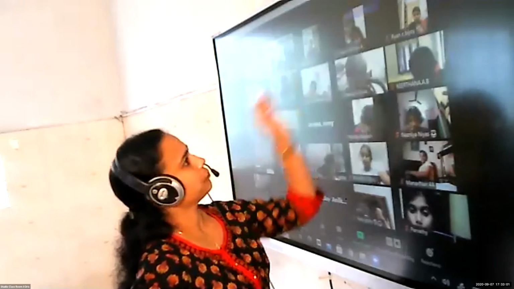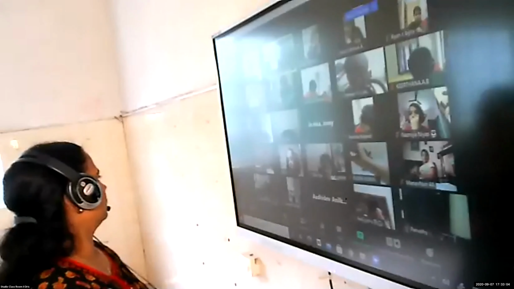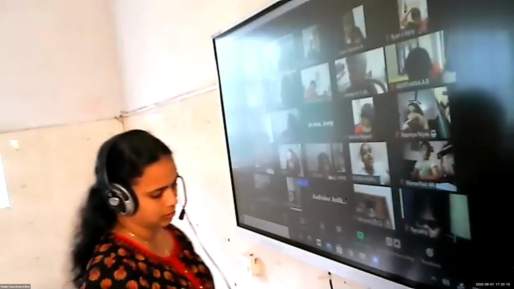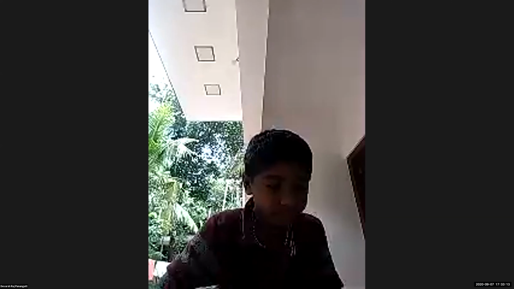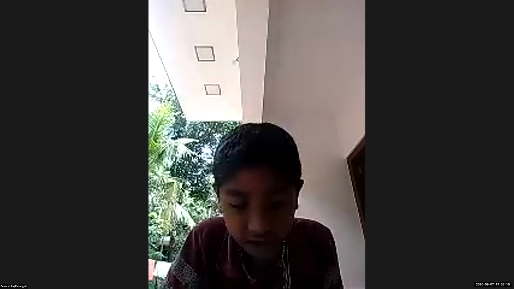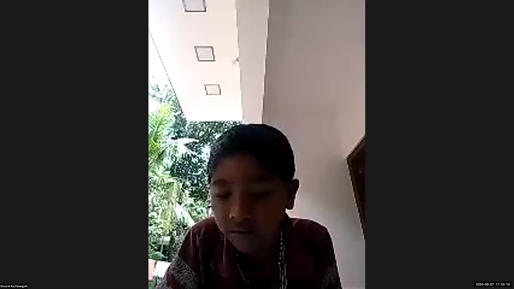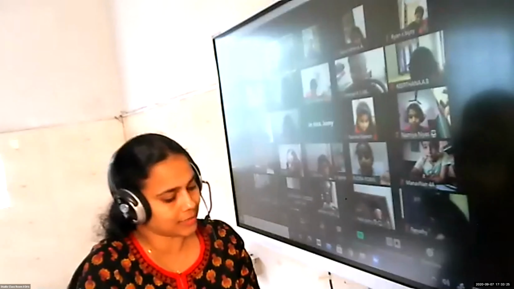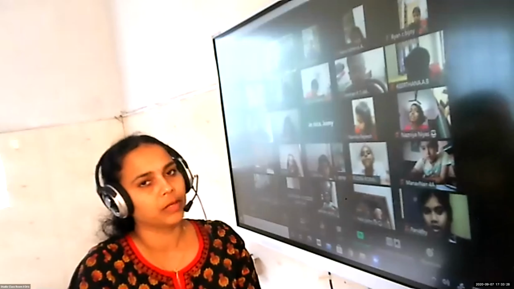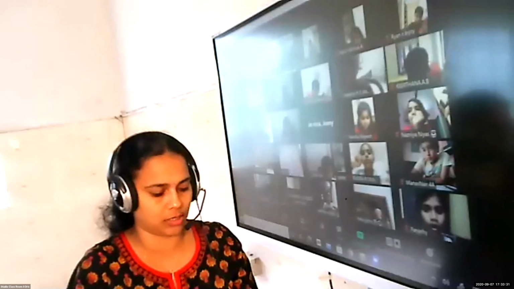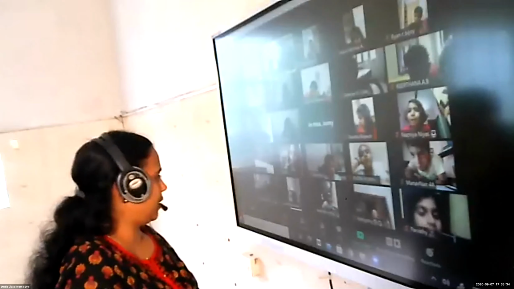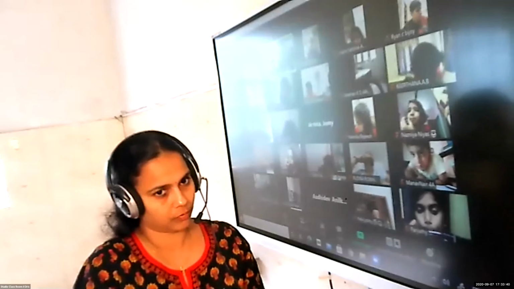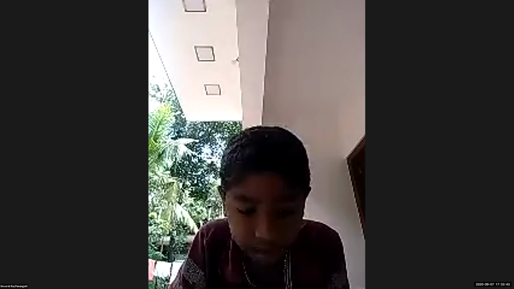Now, who is going to read the last question? Devarsh, please unmute and read question number 22. Find the difference between the greatest and the smallest 5-digit number using the given digits. Last class we have already discussed how to find the greatest and smallest number from the given digits. Devarsh, can you tell me the digits given? 4, 7, 6, 5 and 0.